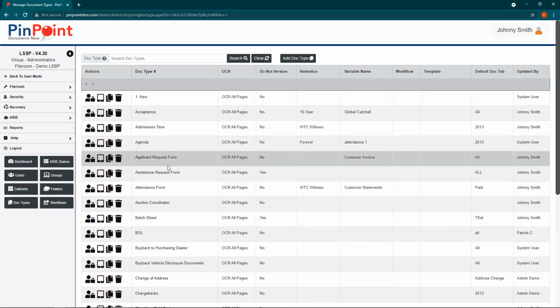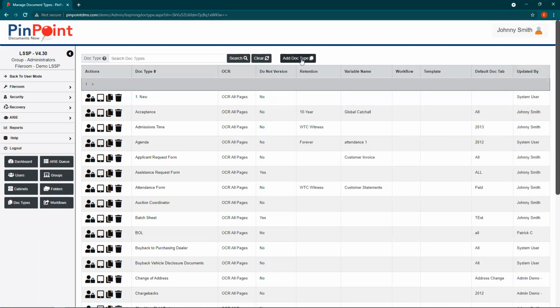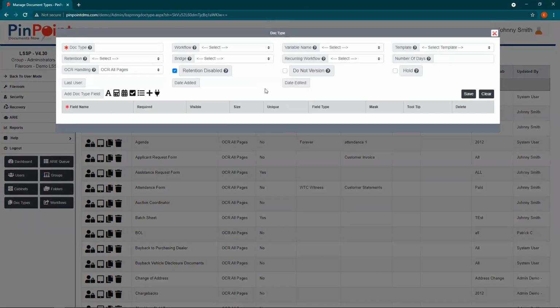So here's my list of doc types. Looks very similar to the cabinet list. All the actions you need for the doc type are here. If you need to edit a doc type, you click the name. Otherwise, if you're adding a new one, you click this button here. Same thing. If this is my doc type called invoice, same thing. If I want to add a